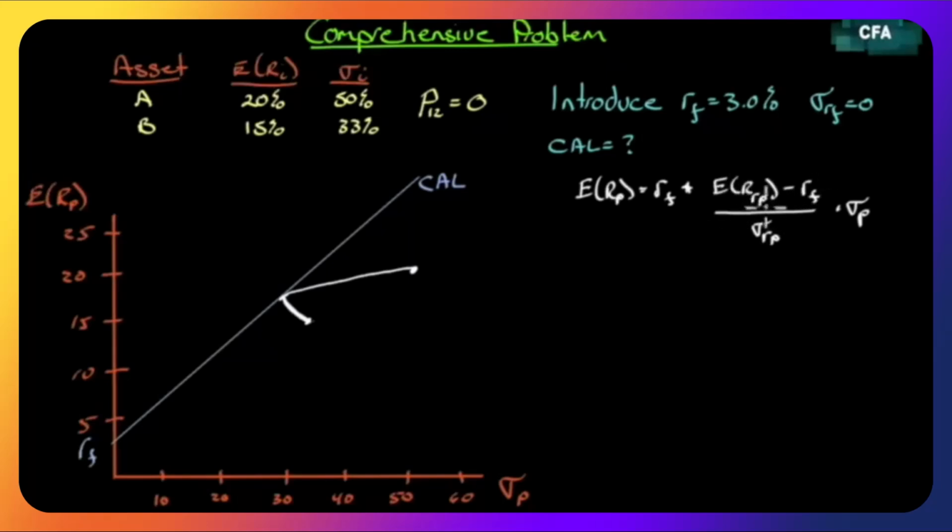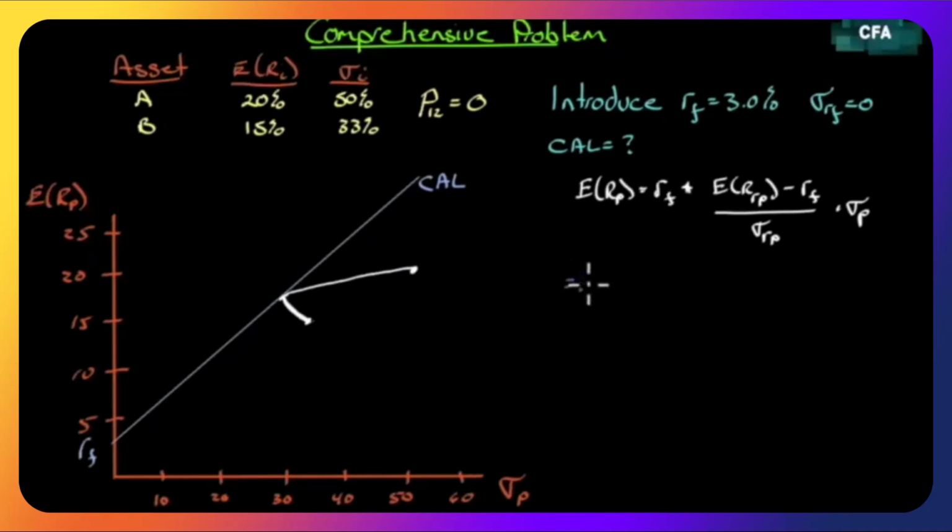And what is this up at the top here? This is just the return on the risky portfolio minus the risk-free rate. In other words, it's the excess return divided by the standard deviation of the risky portfolio. So this is just a risk-adjusted return times the standard deviation of the portfolio. So we're just expressing the return on the portfolio as a function of the amount of risk that we're willing to take on. Well, we want to know what this term is so that we have an equation for this line. What is the slope of this line? Well, it turns out that we can figure it out.